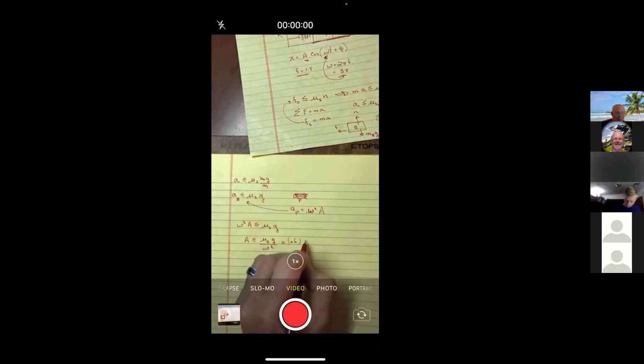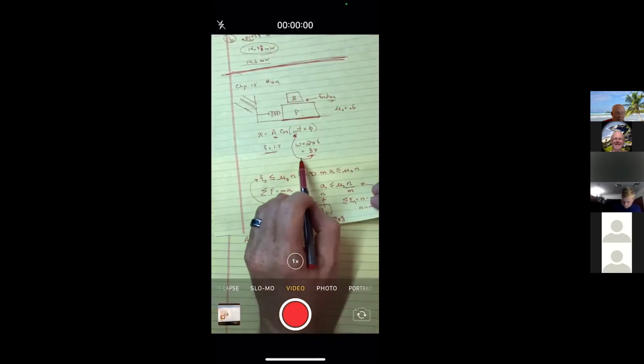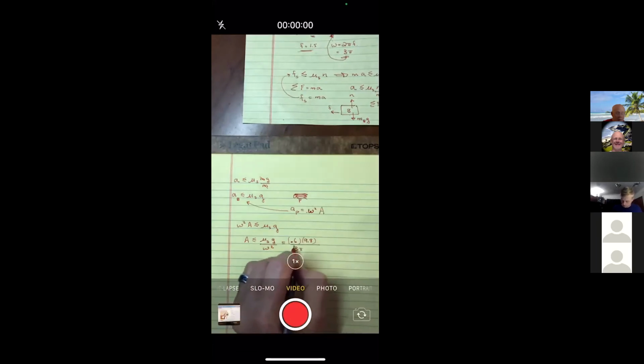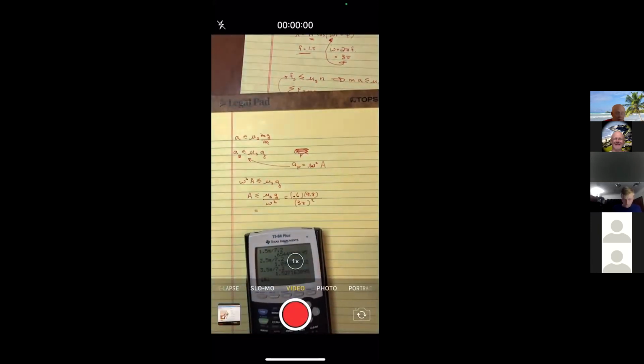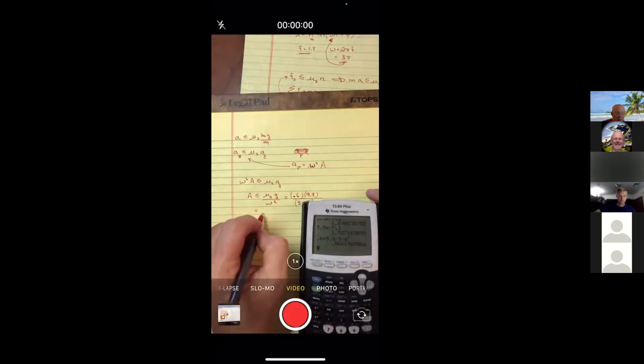The coefficient was 0.6, G is 9.8. Omega we found back on page 1 here as 3 pi, so I'm going to square it. And now I'll grab my calculator here. So 0.6 times 9.8, divided by, I'll do it separately, 3 squared is 9, and pi squared is just pi squared. And so we're looking at